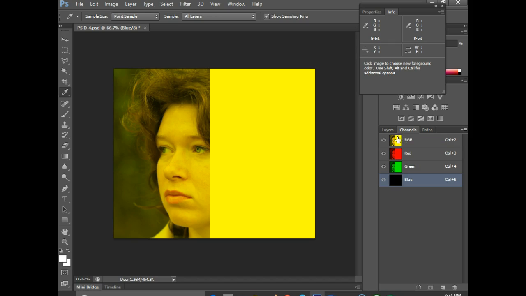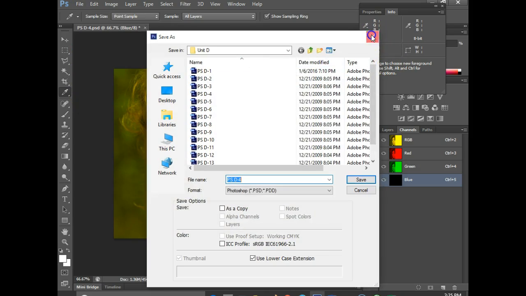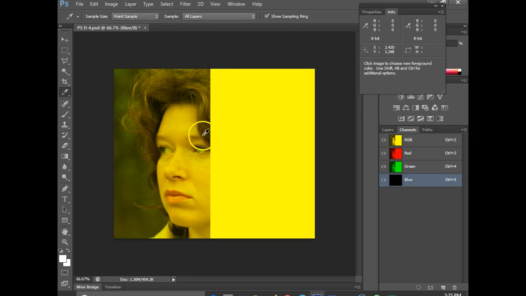That means that there's 255 red, 255 green, and how much blue? 0 blue. So that equals yellow. All right, so go ahead and File, Save As. Put that in your file. I want you to save it in the yellow form